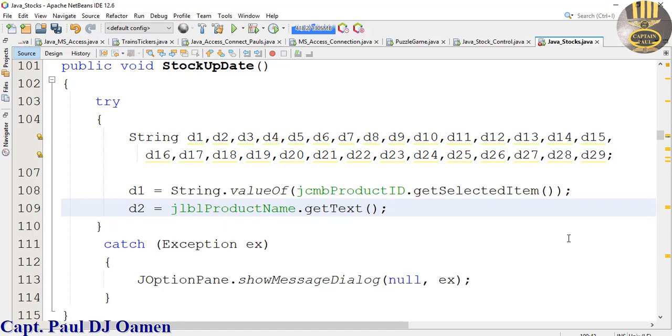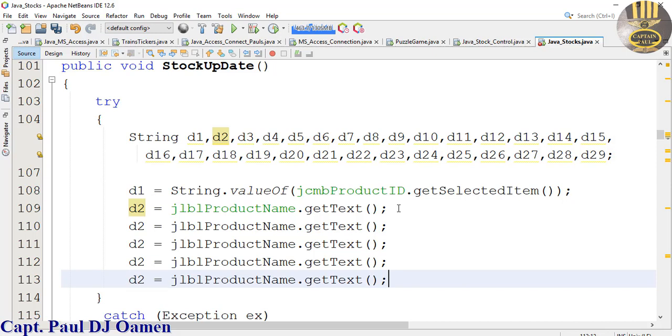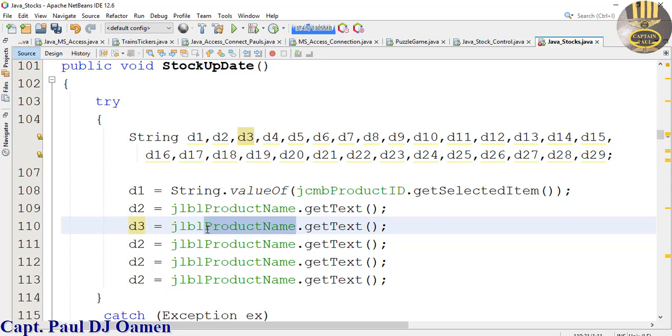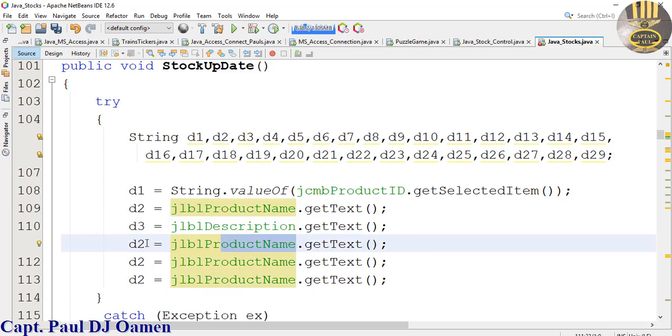Now the next one, D3, I can just copy this then. D3, case of D3, that is going to be description. There we go. And D4,